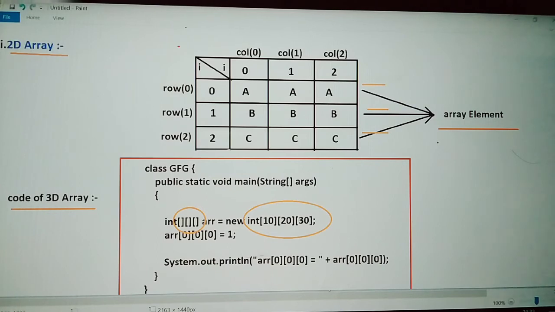So here you can see System.out.println with arr[0][0][0] in the code, and then the declaration is open, and this is the end parenthesis.